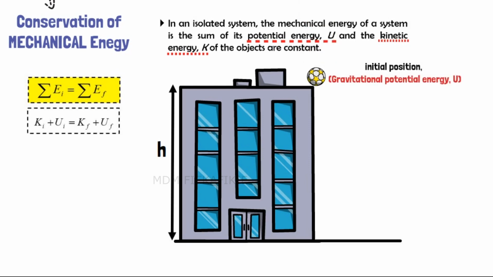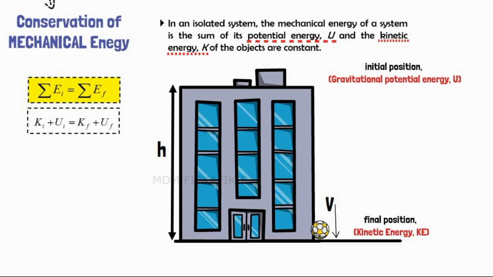Jadi sebelum bola ini jatuh dan bergerak ke bawah, so bola ini dikatakan mempunyai gravitational potential energy due its position. Okay? Dan bila bola itu mula bergerak jatuh ke bawah, so bola itu dikatakan akan mula gain kinetic energy. And before the ball touch the ground, so there is a velocity of V. So at the final position, we can say that the ball has the kinetic energy of KE, but the gravitational potential energy at that point, selepas dia jatuh dari ketinggian H tadi,